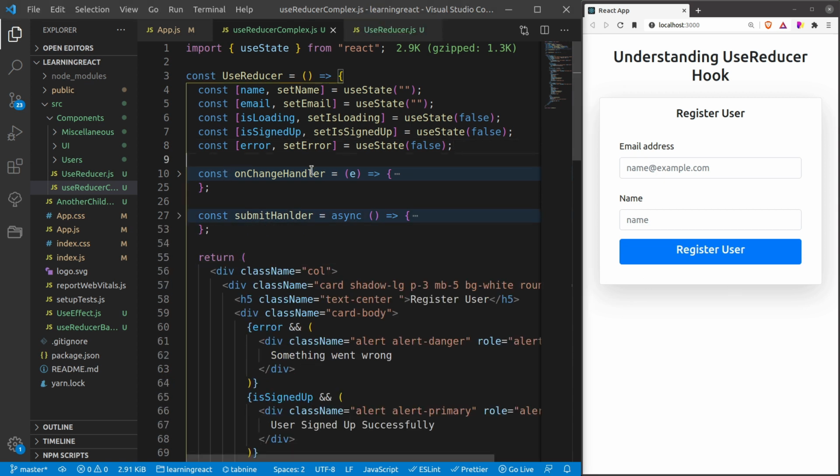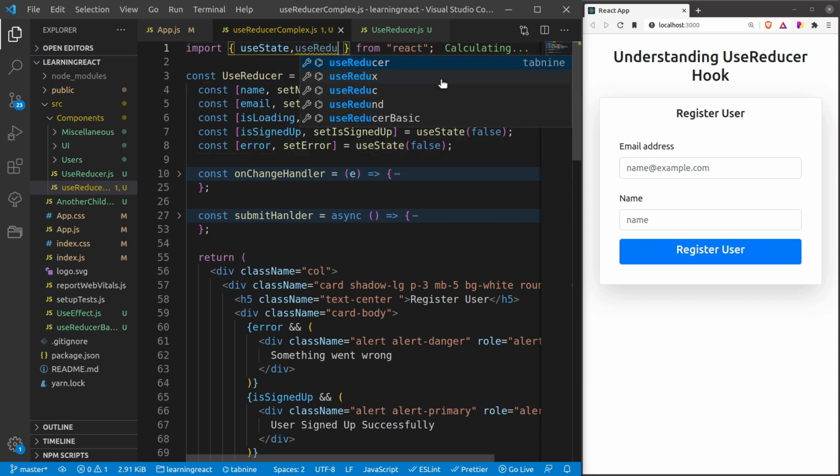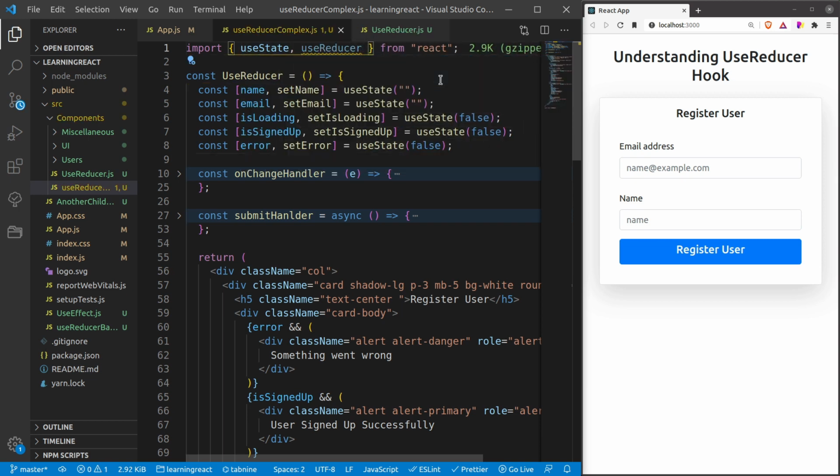So now let me first include the useReducer hook. Guys, I am just trying to replicate or change this same component using the useReducer hook. I would suggest creating a new file with all the new things. I'm just doing it in the same component so that you can actually relate to the stuff, right?